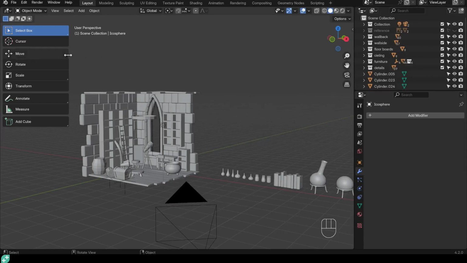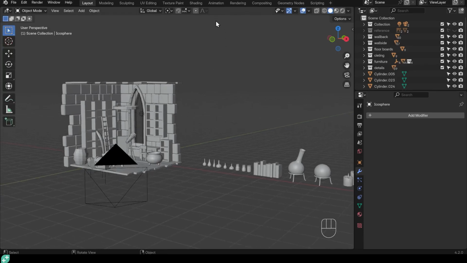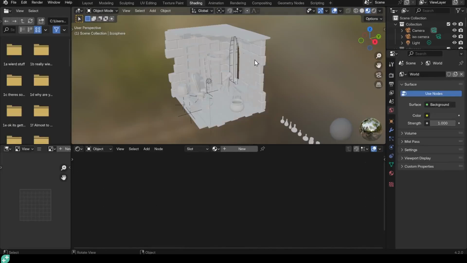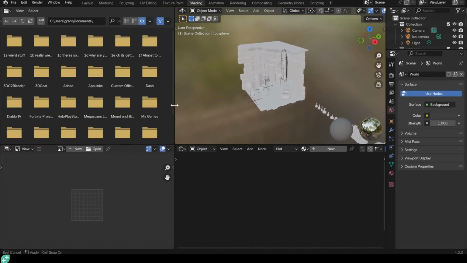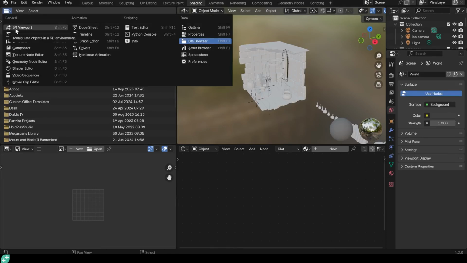I'll just quickly bring my side panel in again, so it's not taking up too much space, and we'll go across to the shading workspace. Now what I want to do is bring out the workspace on the side here. People are obsessed with the names of my folders, so I've given some interesting ones for you there. But I want to change this to the 3D viewport instead.